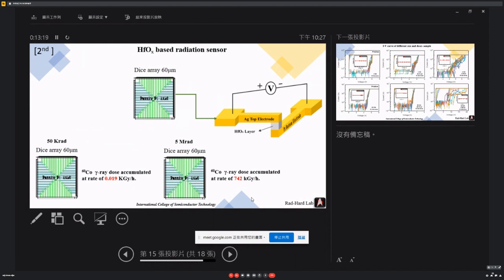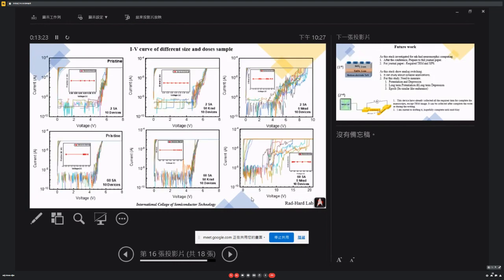So just for confirming, I have put one slide for the IV curve. There are a lot of measurements of different types, but for presenting in this group, I just put one IV curve to show. So we can see the pristine device, the IV curve is showing the voltage around 5.5. But when we apply the